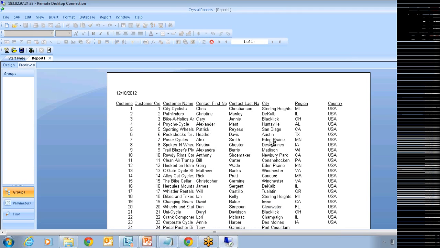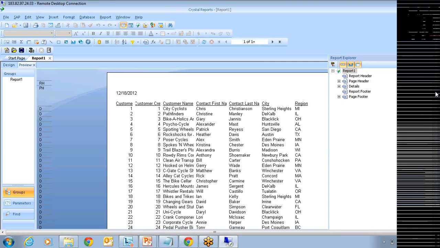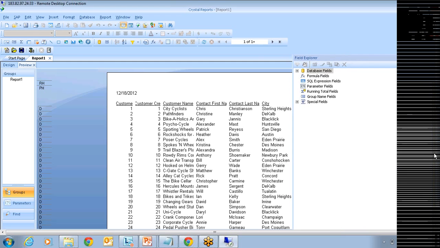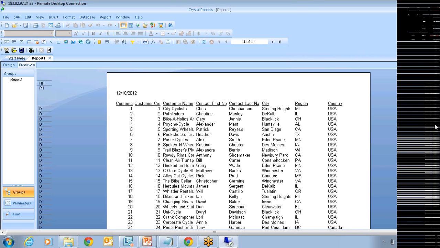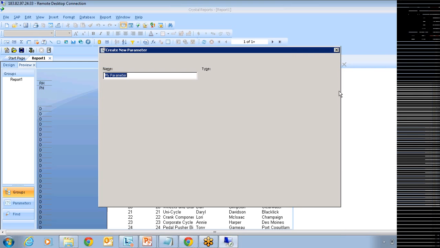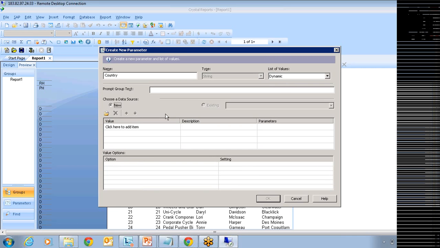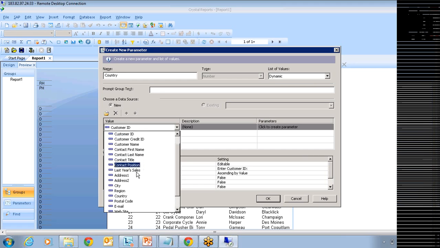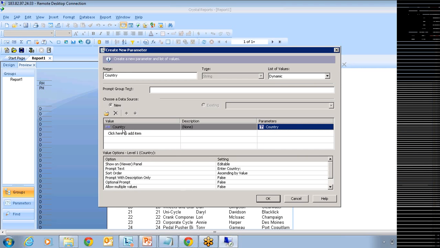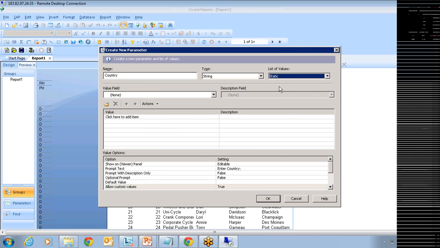Now, if you want to apply a prompt on country, create a new parameter, country, which is dynamic. Now, if you choose the field, it directly chooses from distinct values of your country. One option you have is to select this prompt as static.